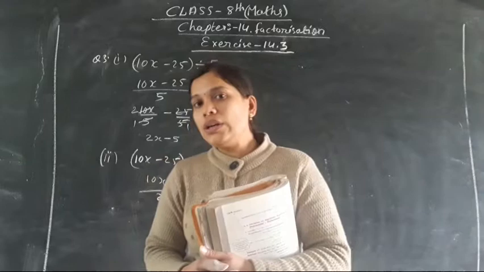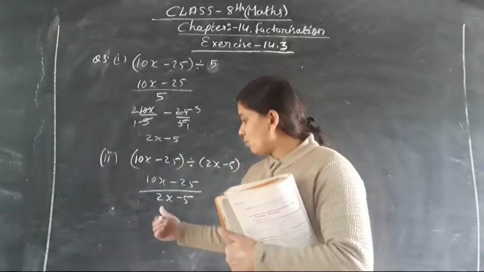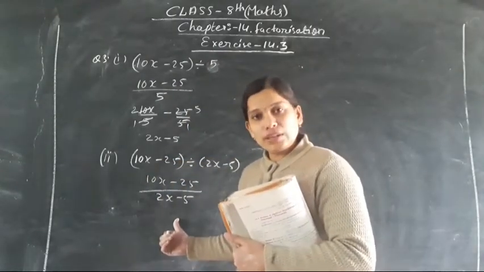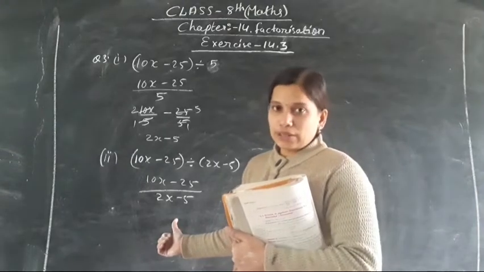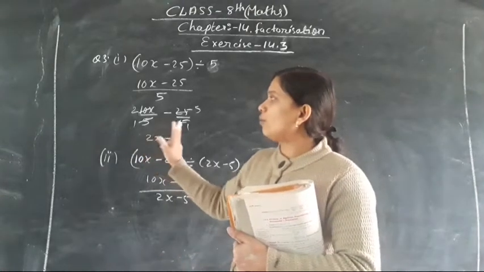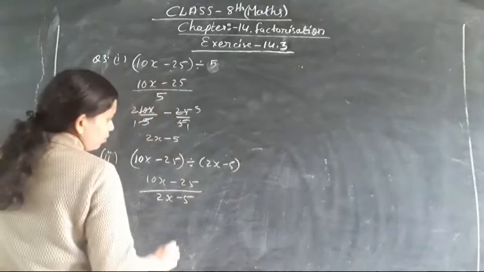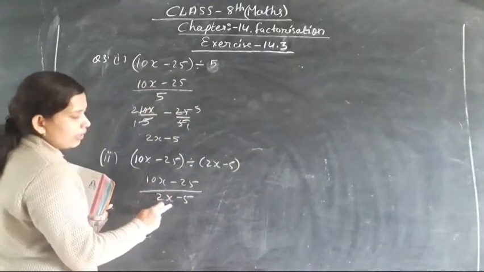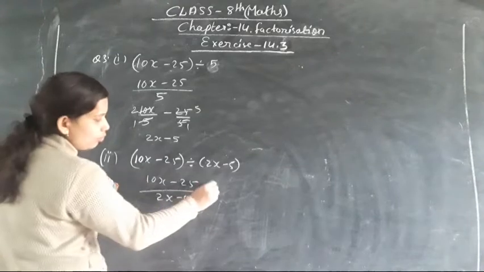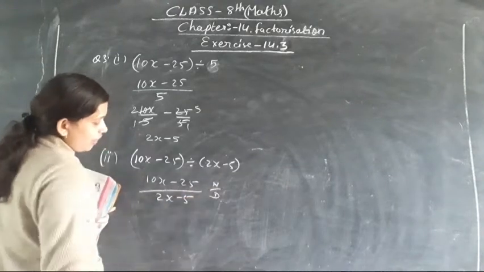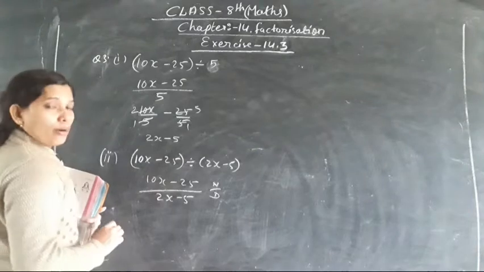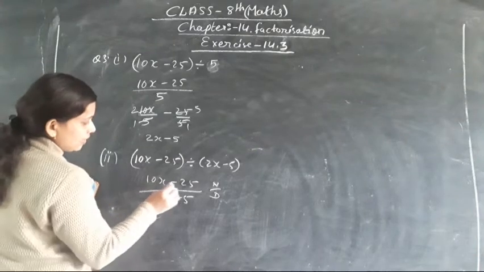So dear student, there is no need of separating the terms over here, as two terms are given in the denominator. A binomial term will be divided by a binomial term. In such a case, we are not going to separate the numerator. So in this case, what are we going to do? We are going to write the binomial divided by the binomial in numerator upon denominator form, and try to take the common from the terms. What is here? 10x and 25.